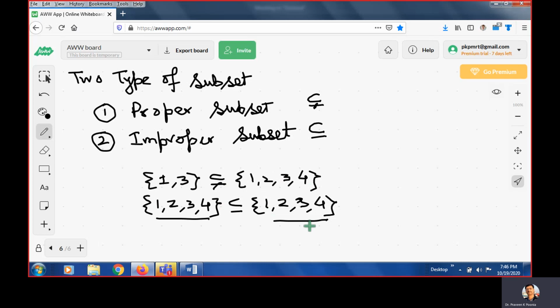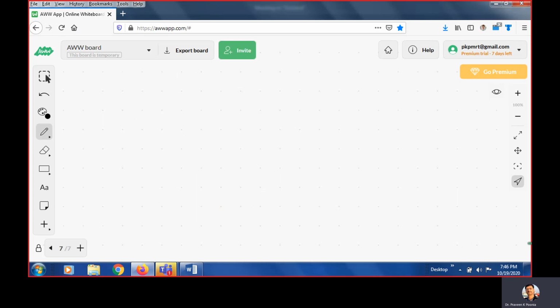Clear? So in general, if we are talking about all people, that means male and female, man and woman. Clear? So the set of men is a small one. So the set of men is a proper subset of all people. Similarly, the set of women is a proper subset of all people. Clear? Like this one.